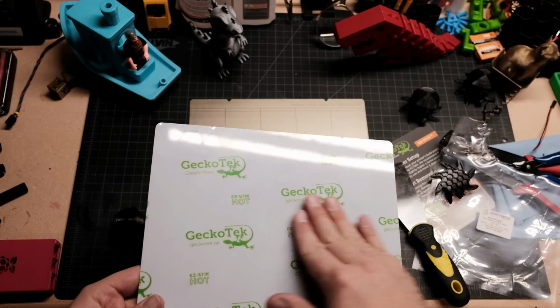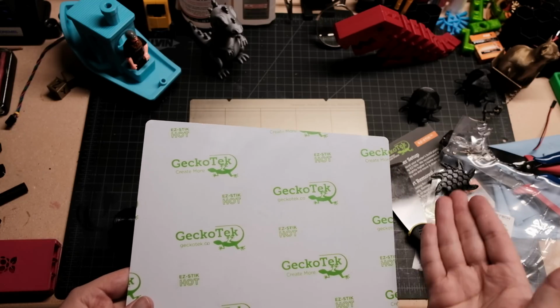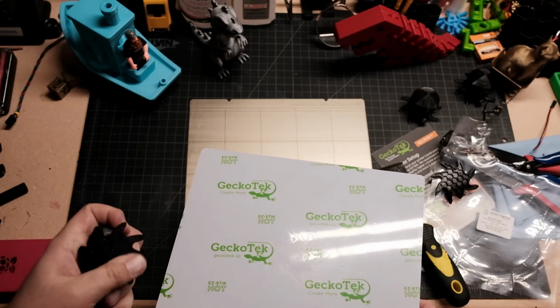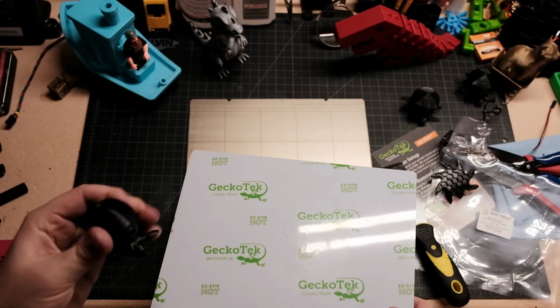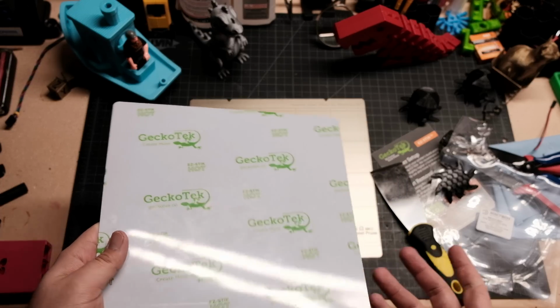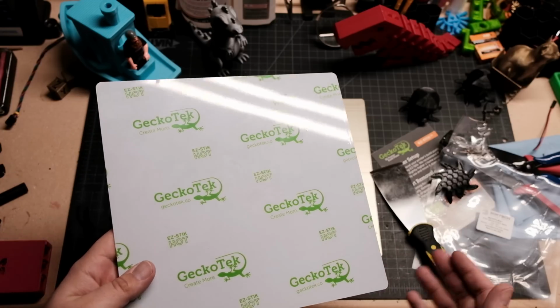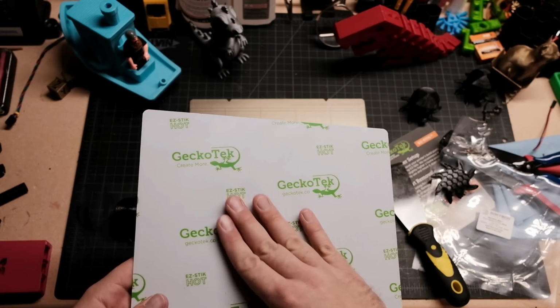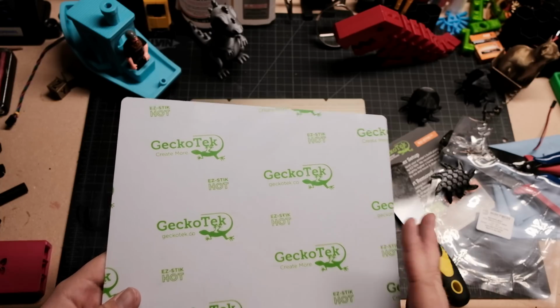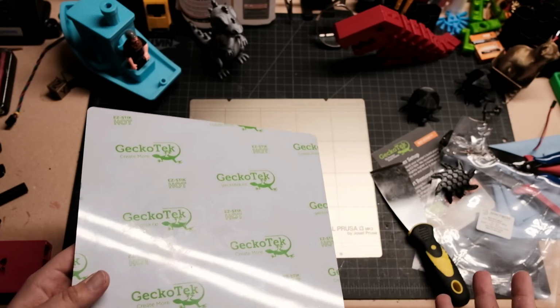And again, I did print over the damaged part, and it did stick to that just fine. And the TPU printed just fine. It's just a little gross underneath. But I think my next course of action is emailing Geckotek and saying, hey, what do I need to do to never damage material? Is it just this sensitive? Again, I'm coming from PEI, where